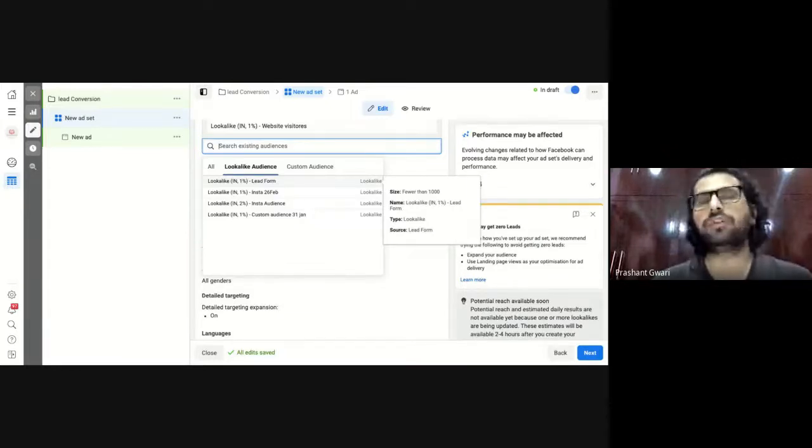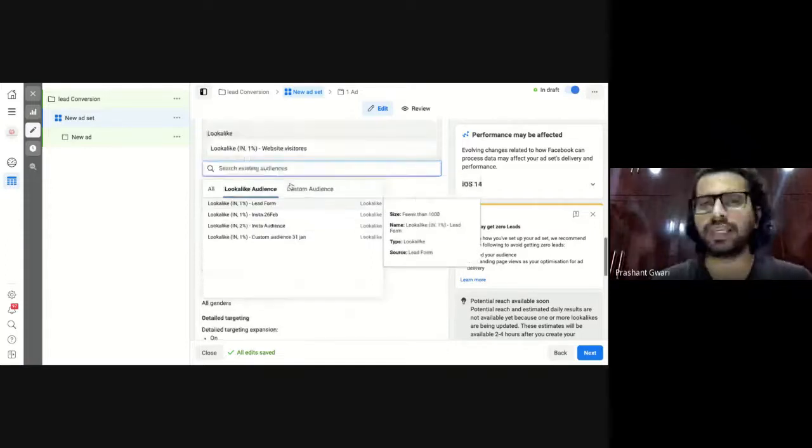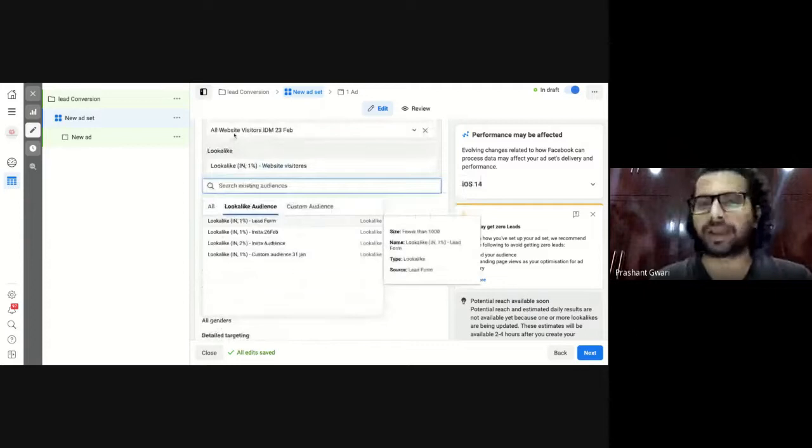But remember that you will target only custom audiences on the conversion part. You will not target broader audiences, because if you target broader audiences, results will be non-quality results. So in the last part of a sales funnel, always target those people who engage with your content. So earlier I targeted those who visited my website, as well as those who have the same interest as our audience who have visited our website.